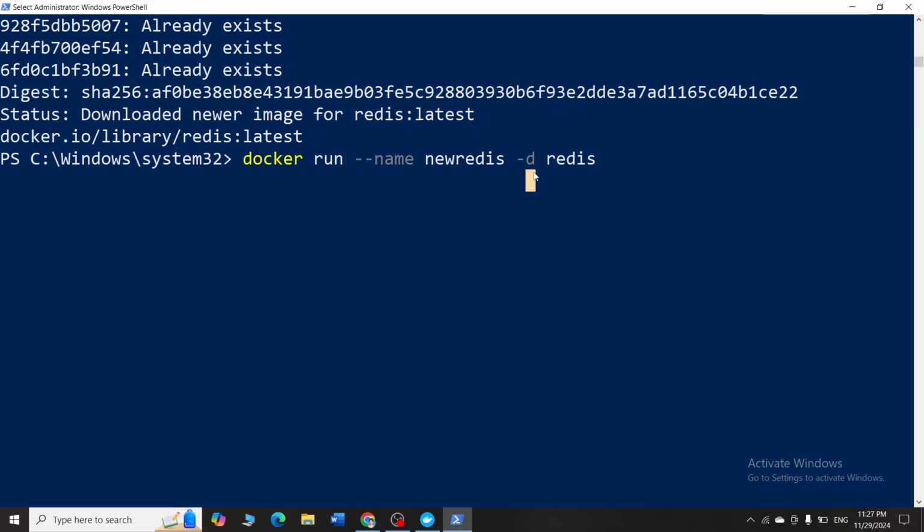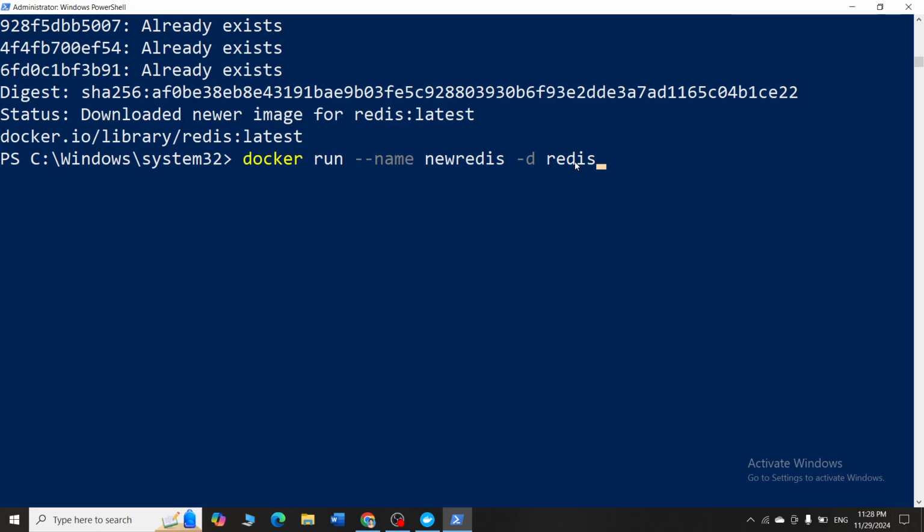Now say suppose you are not using this -d, then what will happen? The application will start running in the front end, disturbing you a lot with loading all the logs and all the installations. Everything will happen in the front end. You will not be able to use the application. Okay, so that is the reason we are running this container in the backend. So what you do is when you execute this particular command, just remove that -d and look at the output. After that, again you put the -d and see what is the difference.